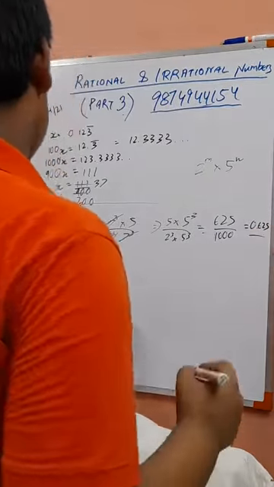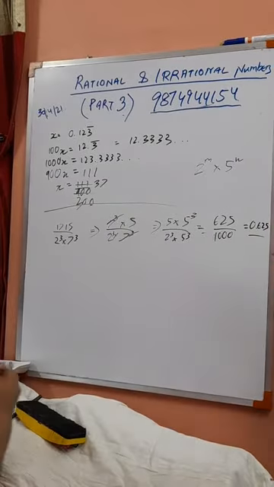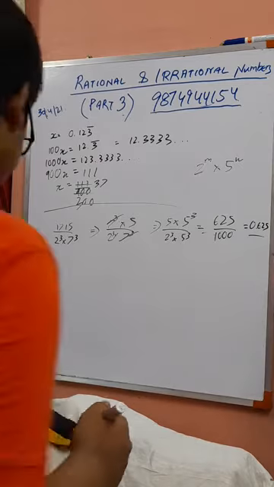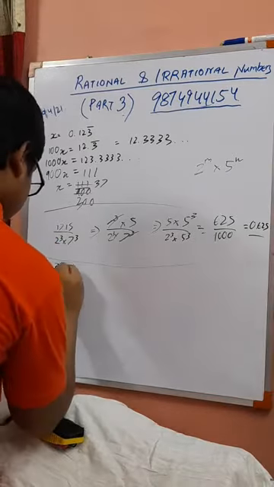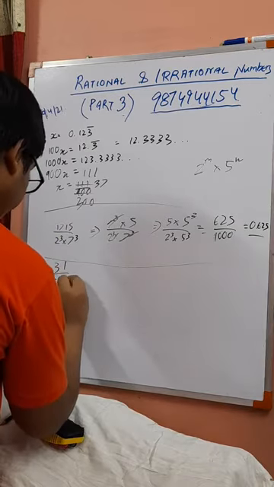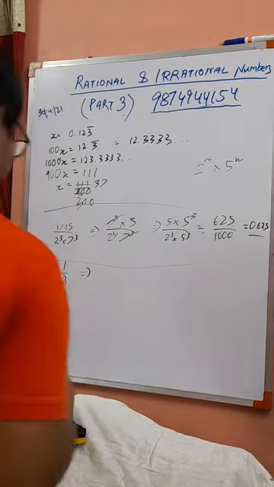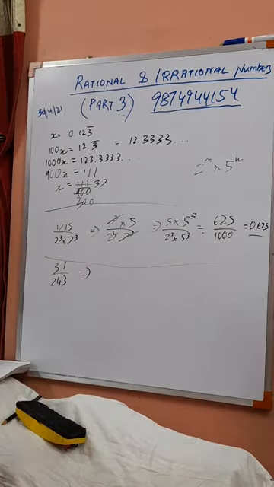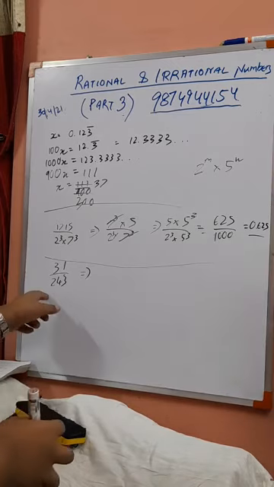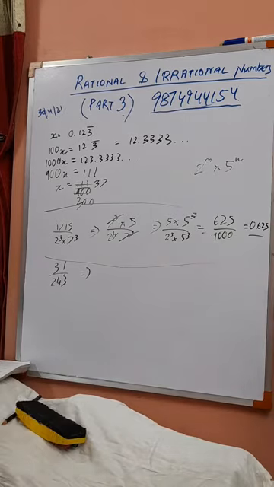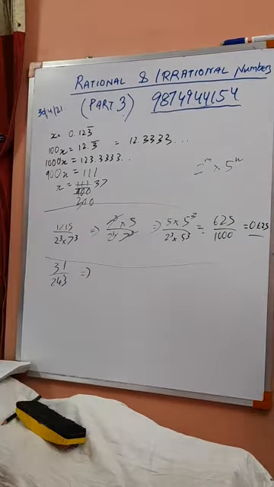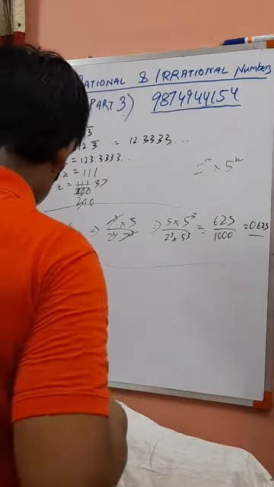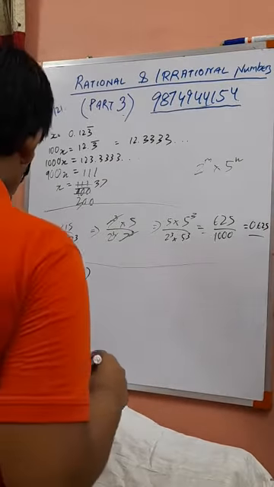0.625 will be the answer for this. So this is how you will simplify a terminating decimal from a fraction to decimal format. Now there is another type of number, for example 31 by 243, where first we have to check whether the denominator is in the 2 to the power m into 5 to the power n format. So for that we need to take this number as p by q.